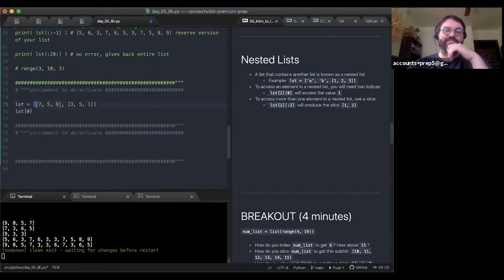How would I access this 9? How would I print this out? How would I access that and print it out? We'll treat this as kind of a breakout. Go ahead and put in your answer.